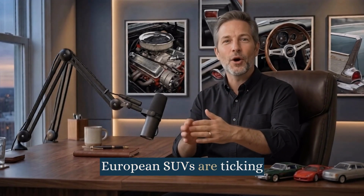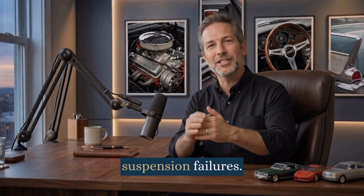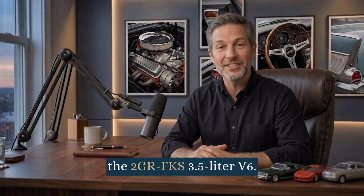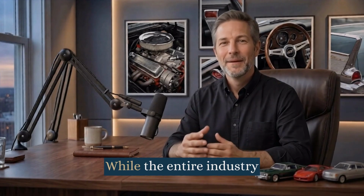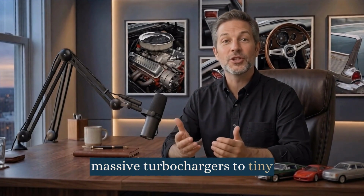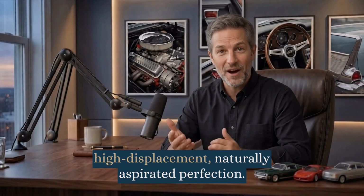European SUVs are ticking time bombs of plastic cooling components and air suspension failures. The Lexus RX 350 is the antidote. Under the hood sits the 2GR-FKS 3.5-liter V6. While the entire industry was panicking and bolting massive turbochargers to tiny engines to meet EPA regulations, Lexus stuck with